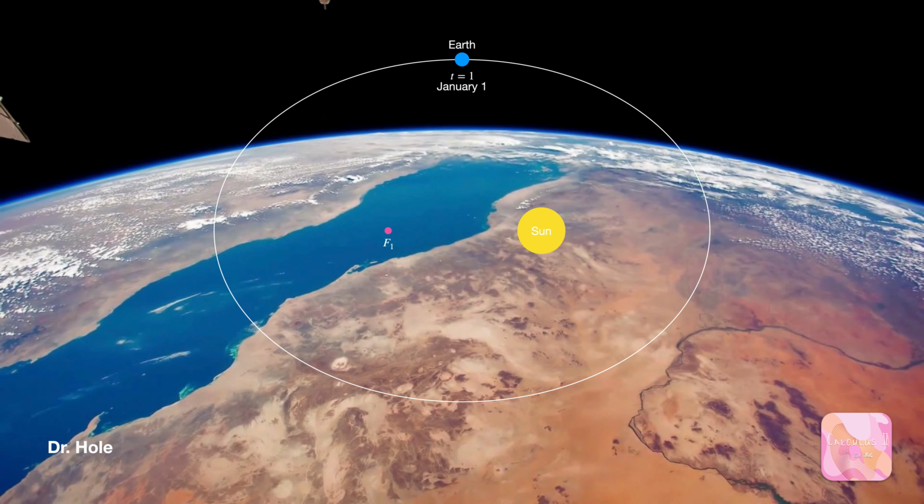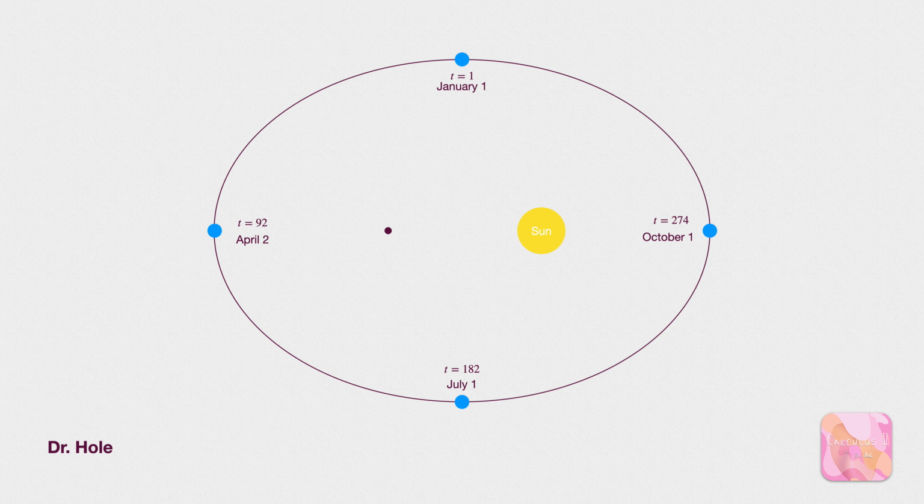If you think about the Earth, we can suppose that the current location corresponds with the beginning of the year, January 1st. At some later date, April 2nd, we'd be in this location here. At day 182, we'd be at this location. When the day is 274 of the year, we'd be at this location. And then when we come into December and start getting into January the next year, we're back in our